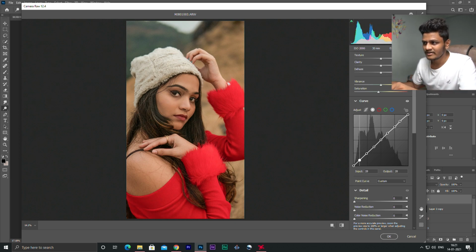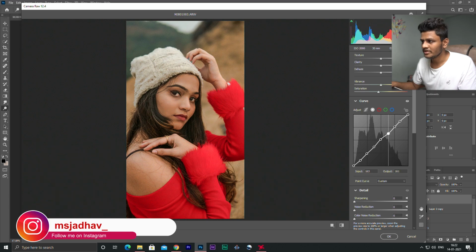Now I will just bring down shadows a little bit, and like this you can tweak your points according to your subject like I mentioned earlier. So I'm gonna just tweak a little bit. Just don't overdo it, otherwise you will ruin your image, like this you can see.